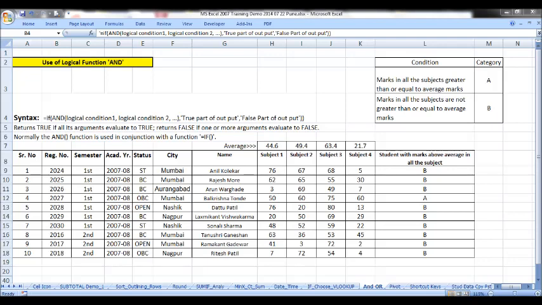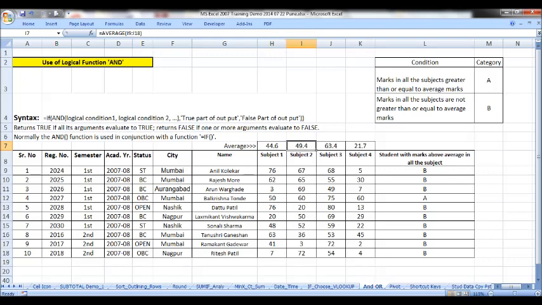Here we have a table of students' marks in front of you. We have 4 subjects and marks of each student below, and in this row we have the average of the students' marks below in each subject.